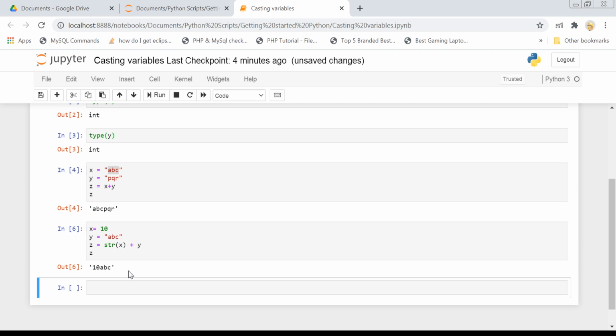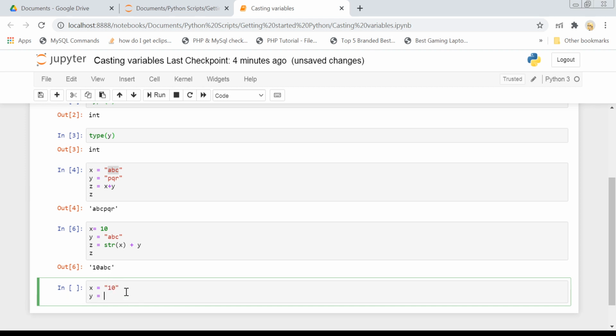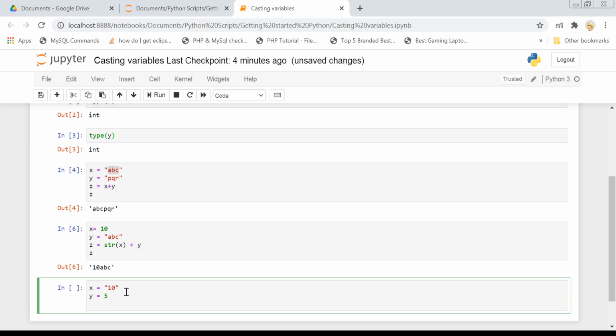So that was the case of converting an integer into a string. But what if I have a string, let's suppose "10" is here, and I have y equals 5. Now you will say that when I do x plus y, I will get the same error.